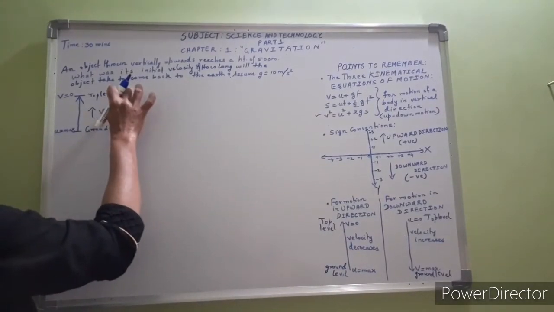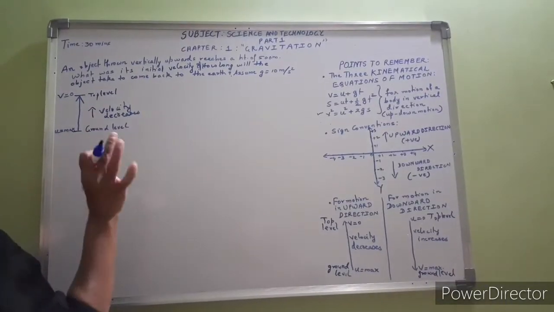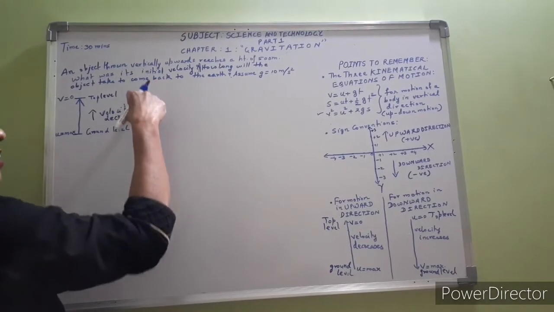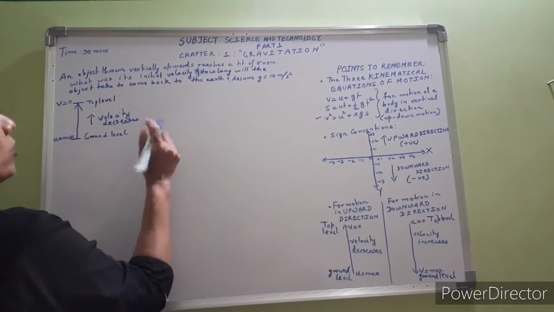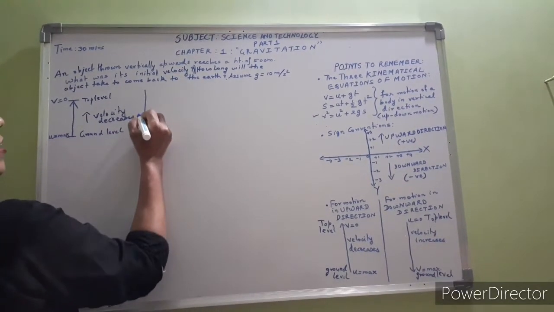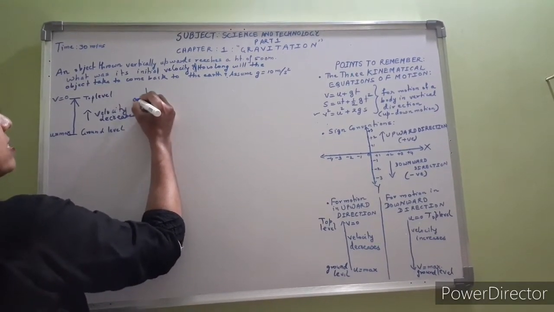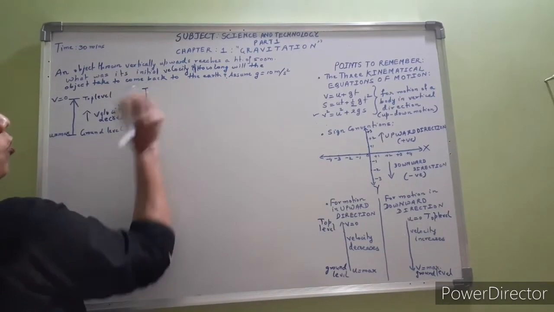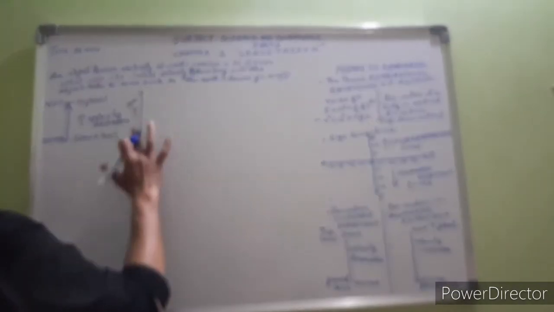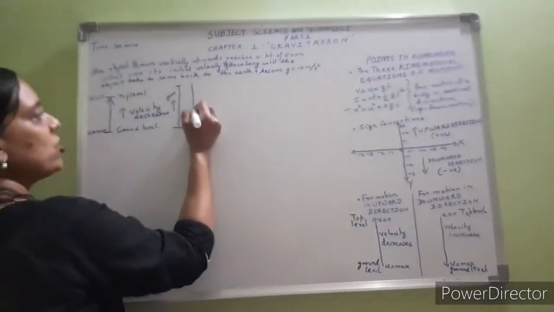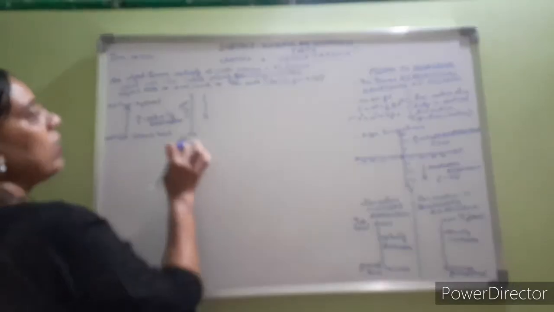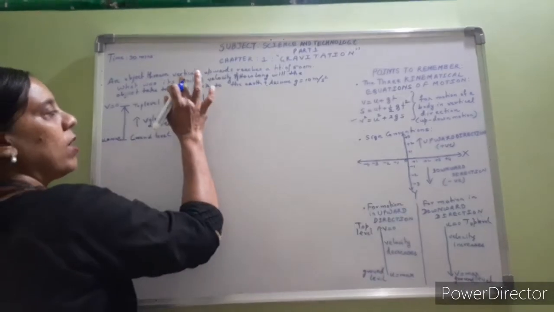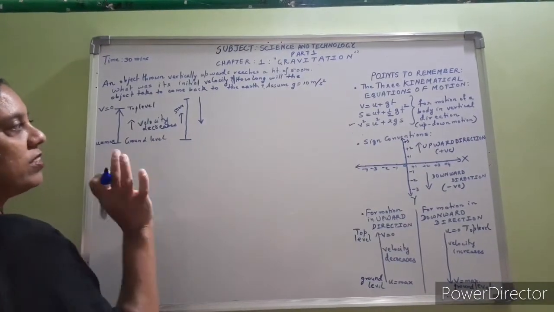When it reaches 500 meter, after reaching 500 meter it will come down on its own and return to the ground level. So to go up 500 meter and to come down 500 meter, how much total time it took, this you have to find. Have you understood? You have to find the total time taken to go up and to come down. So this is 500 meter, suppose this distance is 500 meter from ground level to top level. To go up it took some time, and when it reached the top, it is coming down from the top, the same 500 meter coming down. So how much time it took from the top to coming down, the total time, that is time taken to go up plus time taken to come down back to the earth. This you have to find.